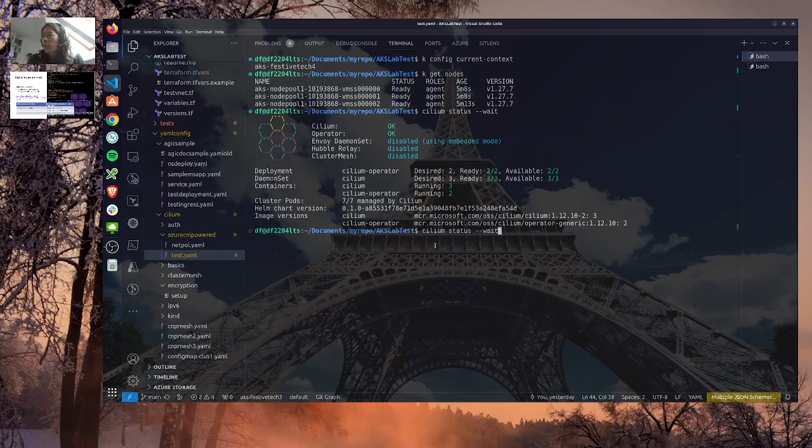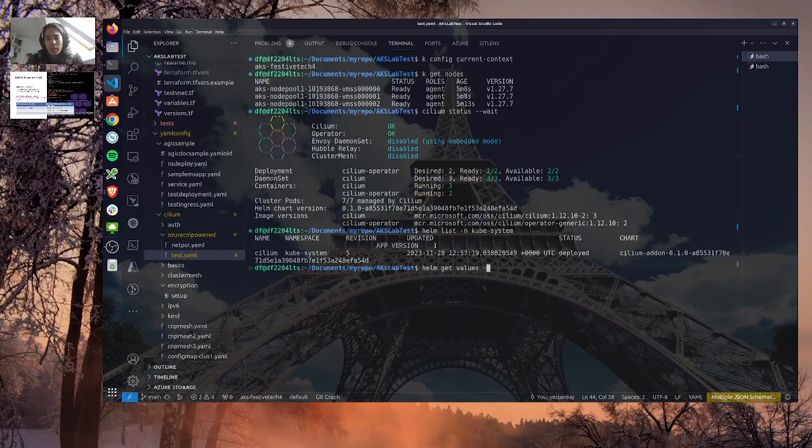I can check the specifics of the installation by looking at the Helm release, because there is a Helm release. helm list -n kube-system. There is a Cilium release, so let's do a helm get values, and specify cilium.